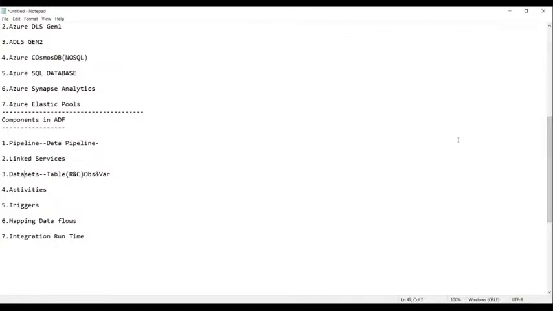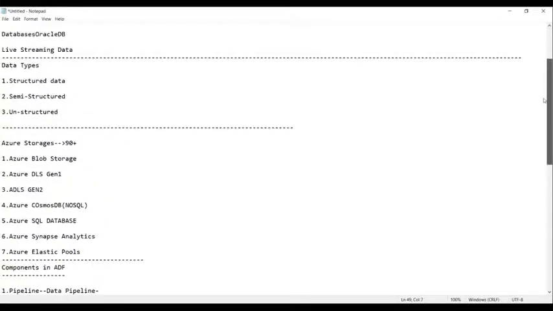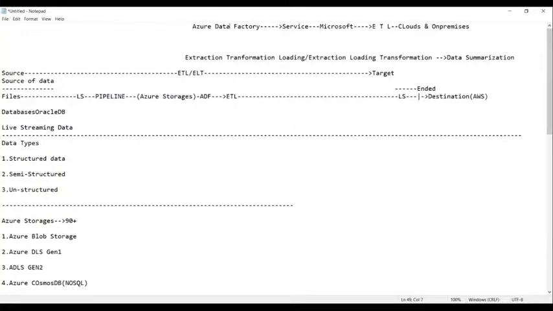Now, guys, I'll show it to you here in the diagram. You get the data. First of all, we start the process and initiate the pipeline. Under the pipeline, you will have the linked service. To create the relationship between the external source and the pipeline, we use the linked service. Once the pipeline is linked, it starts the process of extraction.